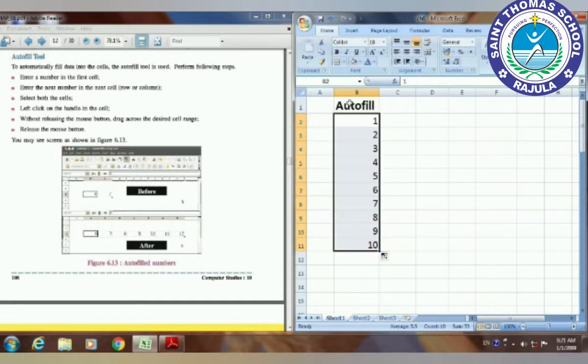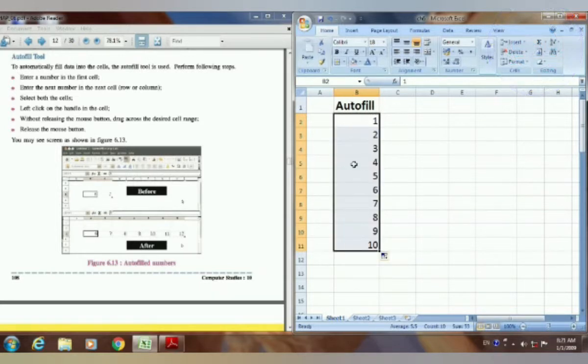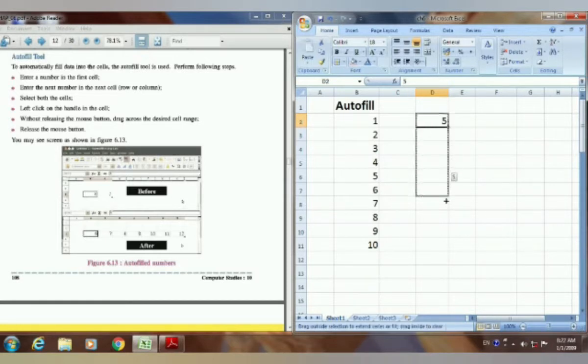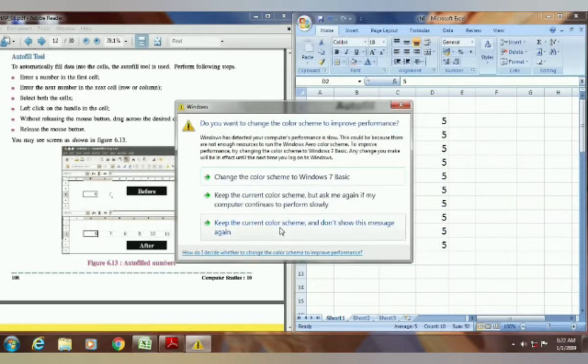So like this, with the autofill the number series will come automatically in a proper sequence. The next example I am showing you, suppose you want the numbers with a proper gap. Suppose like 5, then after that you want 10. But if you first type 5 only and then do the autofill, see, it will give you the same numbers again and again.